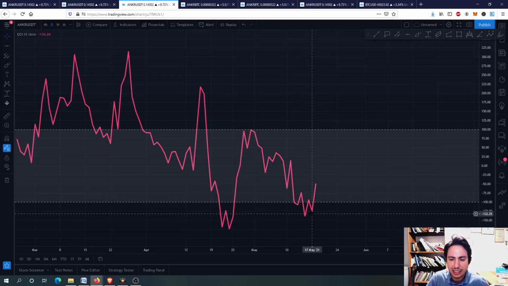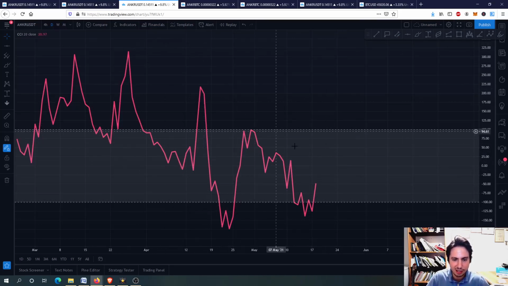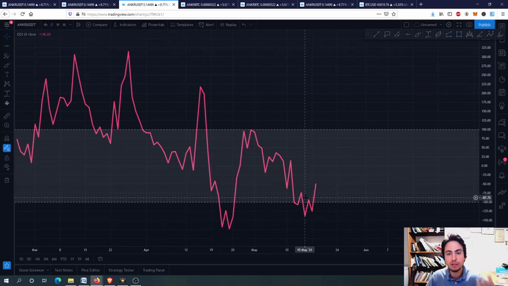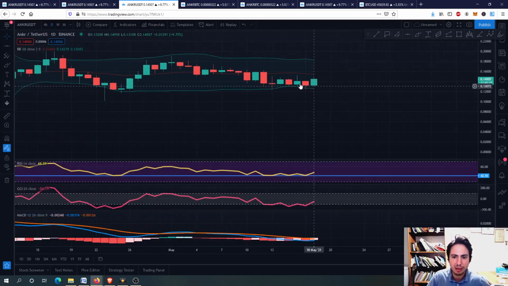What we want to see is going upwards, eventually making higher highs and higher lows for Ankr as well, because you can see we are making lower highs all the way for Ankr. We want to see a shift in the momentum, and go upwards as well. For the Bollinger Bands, we were on the bottom line.